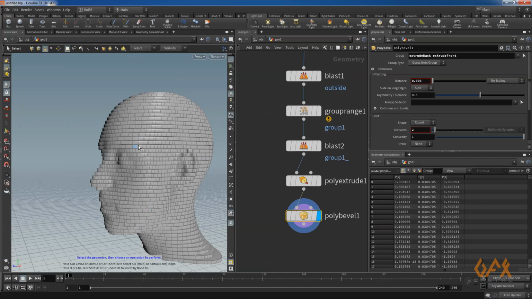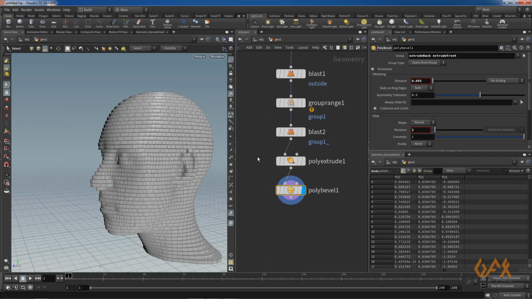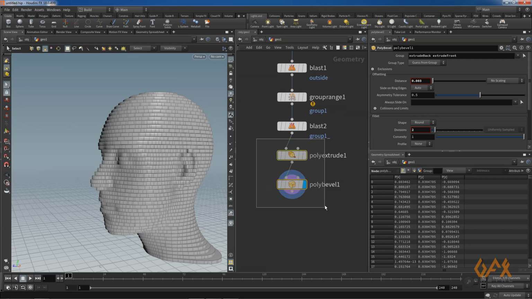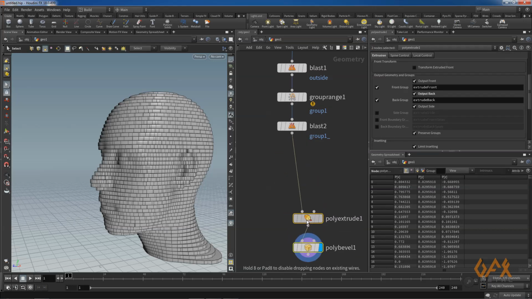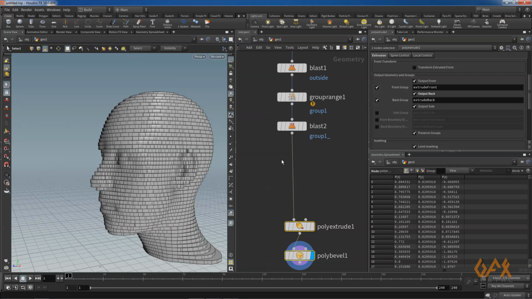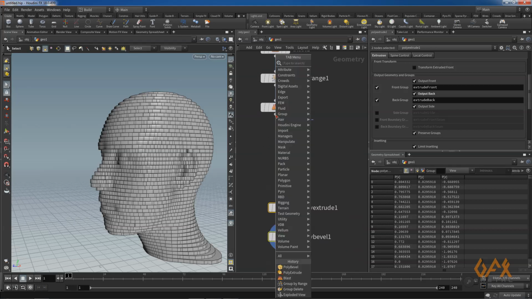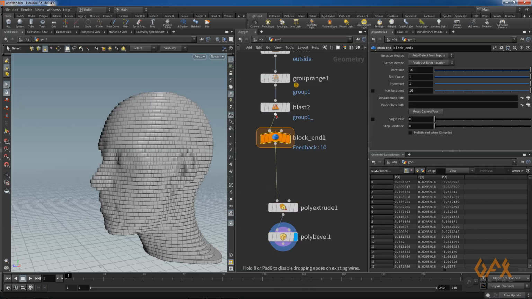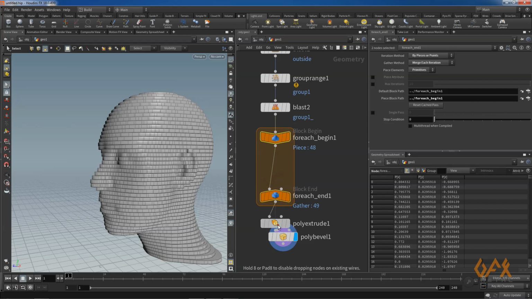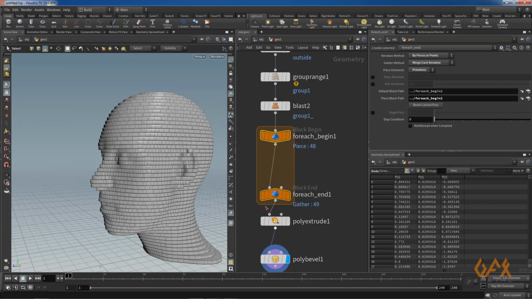Now the next step is to animate this thing. So for that what I prefer, before applying extrusion, I right click over here and apply one for loop for each primitive. Okay, so this is the for loop.